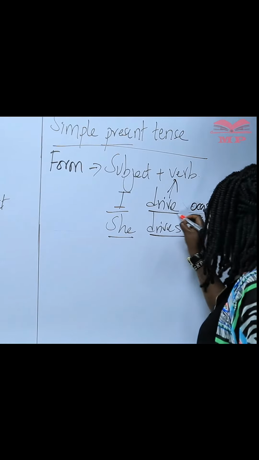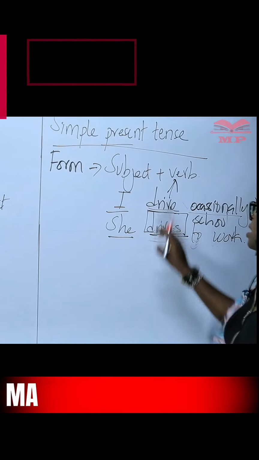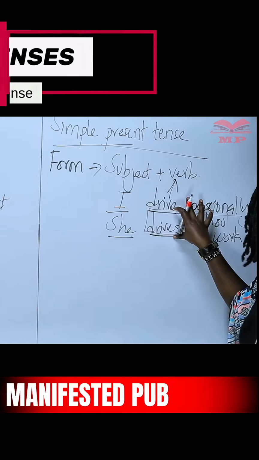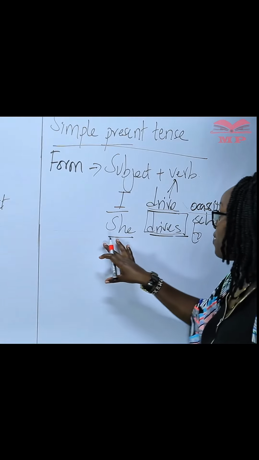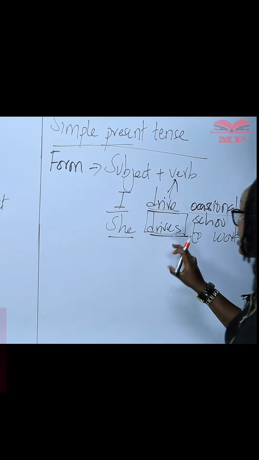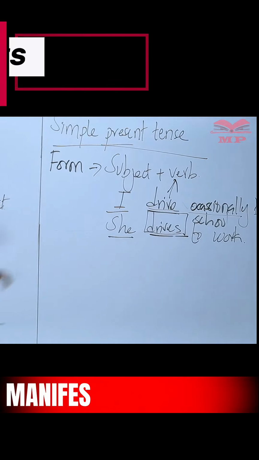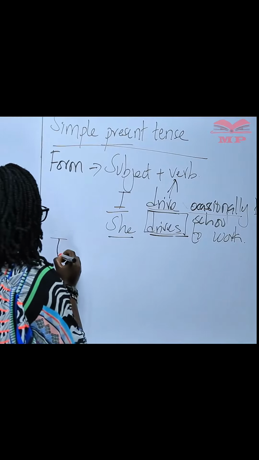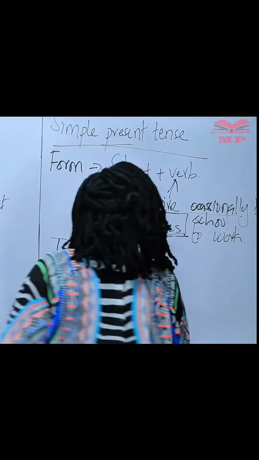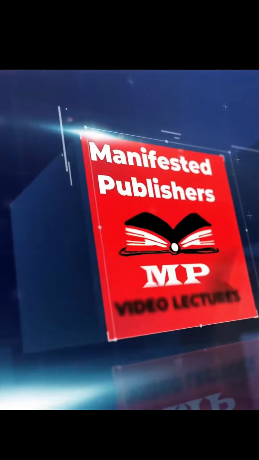But then there's something that you notice regarding the nature of the verb that we have used there. These two sentences could be said to be in the simple present tense because of the verb. Notice that when we have used she, we've added an S to the original verb to make it drives. So this is what happens in the simple present tense. If your subject is either I, you, or they, or we,